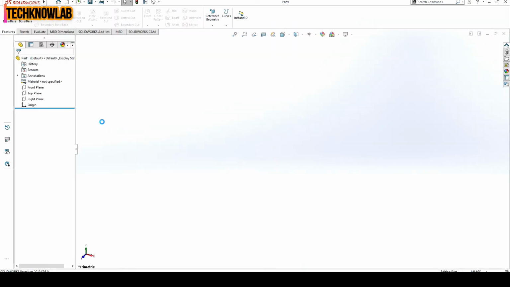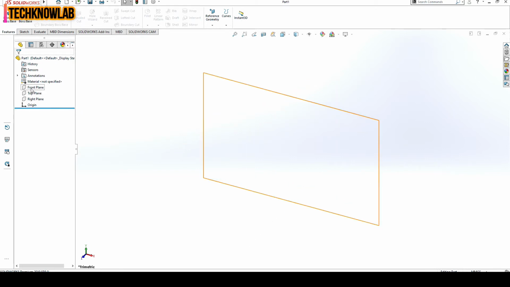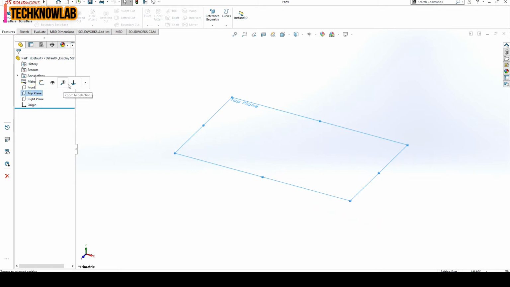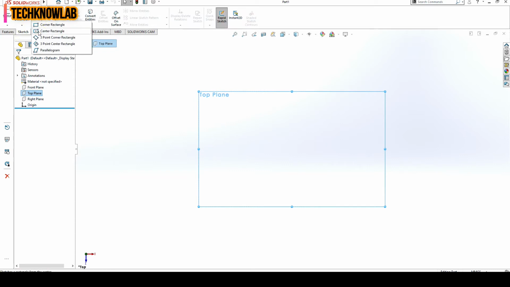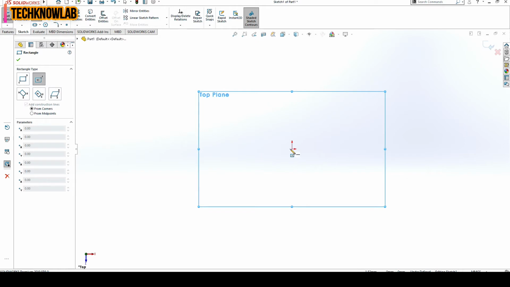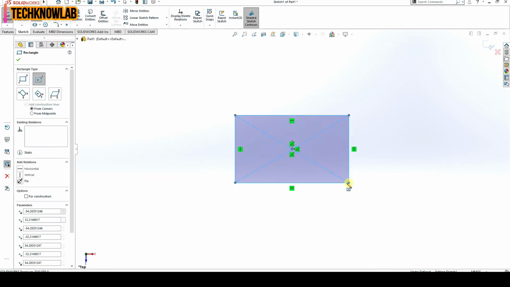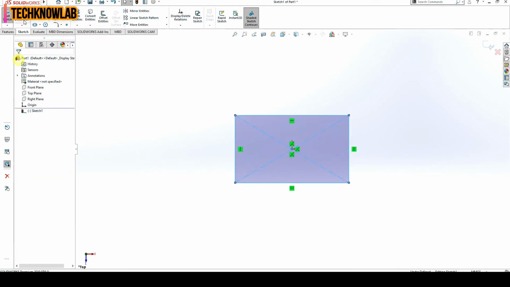Here we have the main window for creating a part. First, we will choose a plane and draw a part. So I just choose the front plane and I will draw a simple part. Suppose I am drawing a rectangular block.